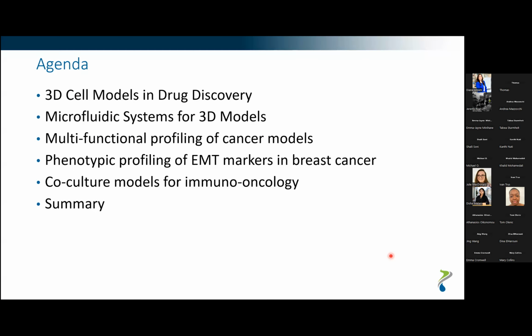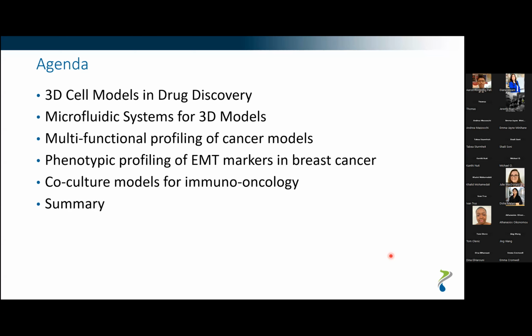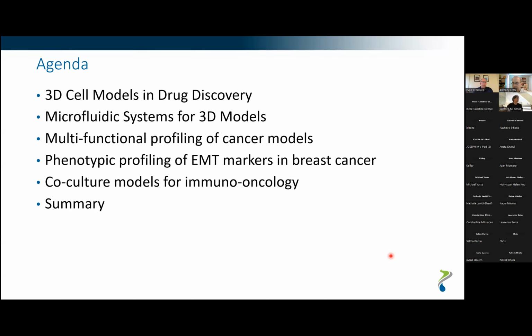I'd like to go through a story of how I got involved in this, some work I've done previously in 3D cell models and some of the history of 3D cell models, and talk a little about the microfluidic systems. We call it protein fluidics, but really we're doing microfluidics for 3D cell models for organoids, spheroids, tumoroids. After that introduction, we'll go through a couple of use cases that we've done with some of the groups we're